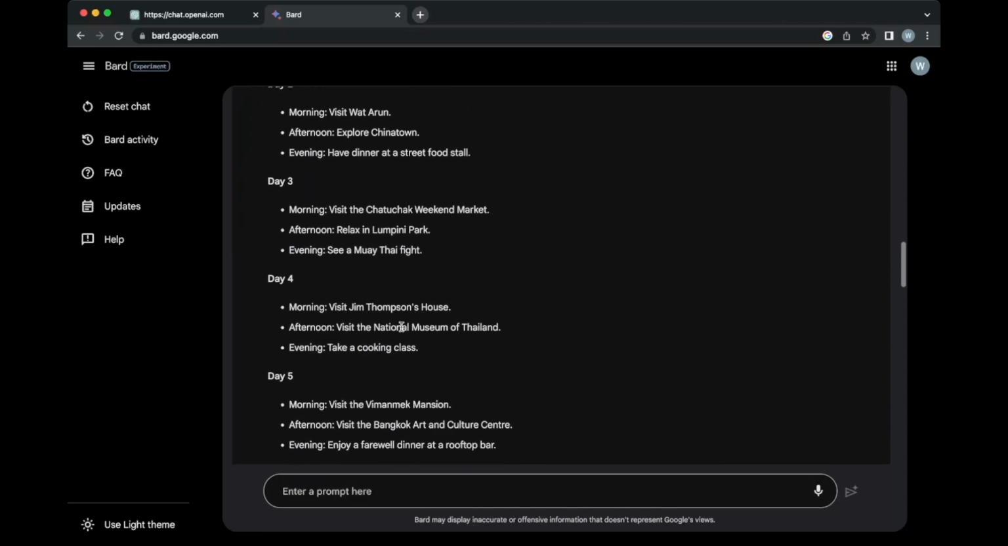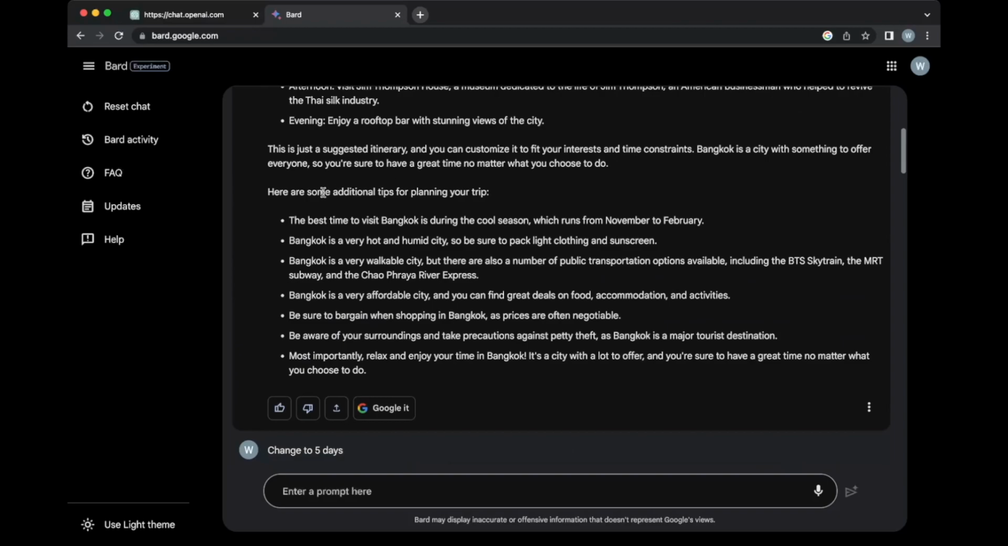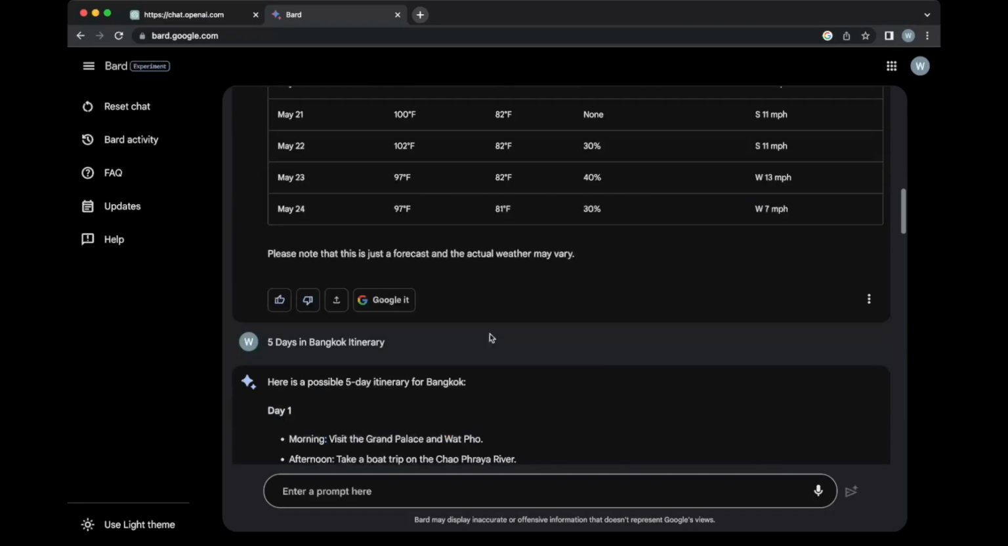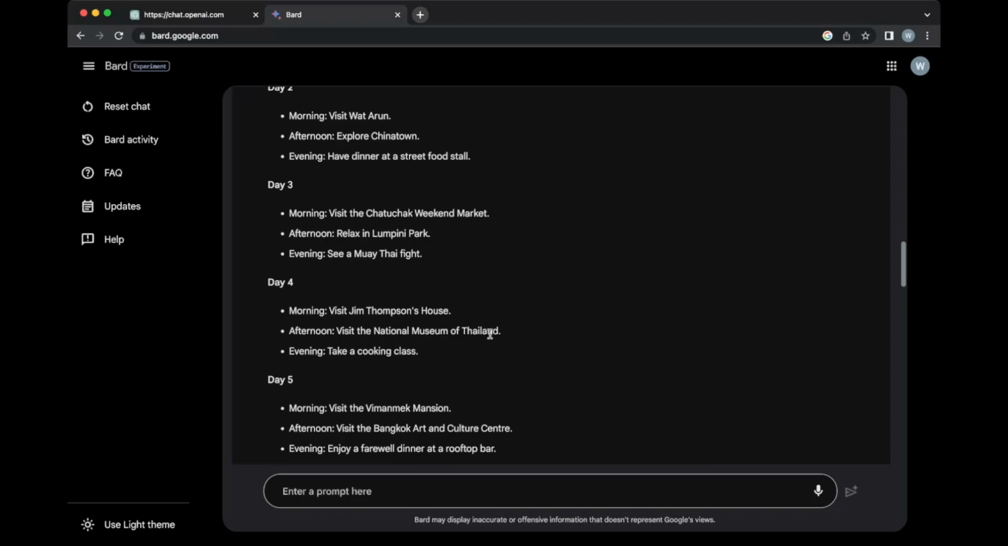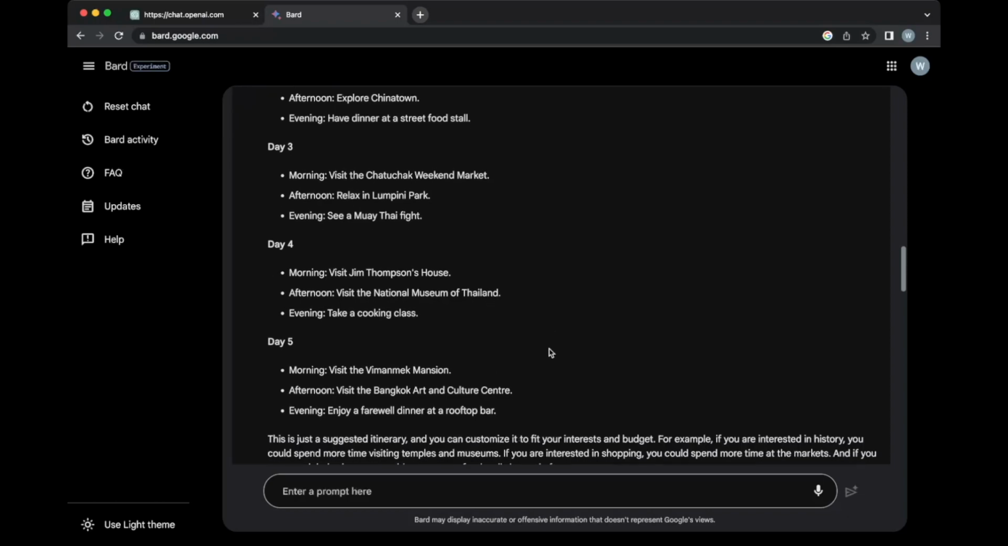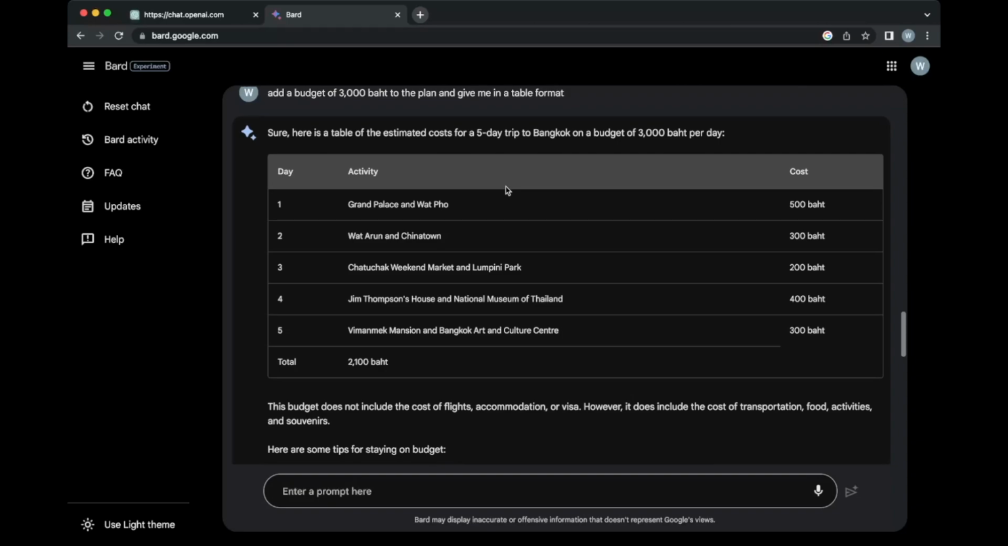So we have 5 days and we have morning, afternoon, and evening. But what seems to be missing is the additional tips. So back in the first response, we have additional tips, but it is not here in this one. Maybe Bard realized that it already gave us the additional tips, so it doesn't have to do it again. Then I asked Bard to add in the 3,000 baht budget to the plan and turn it into a table